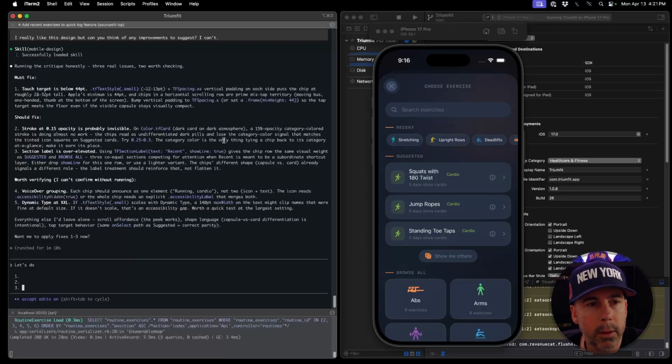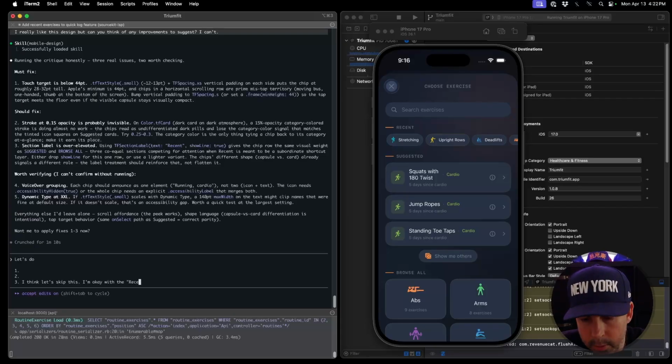I think it's fine. 3 co-equal sections competing for attention. Use a lighter variant. All right. I think let's skip this. I'm okay with the